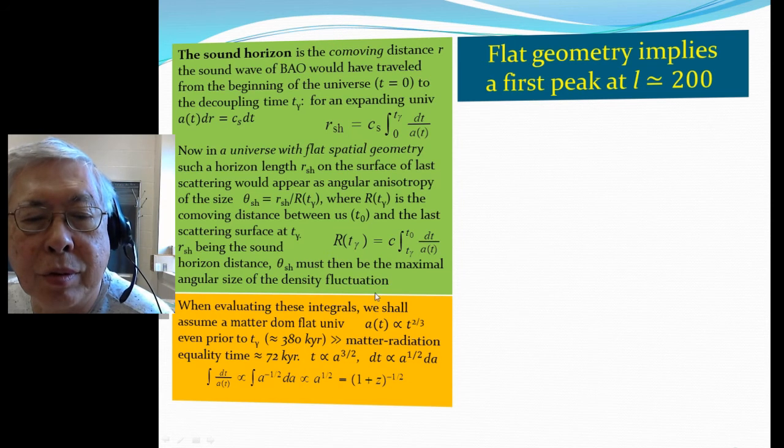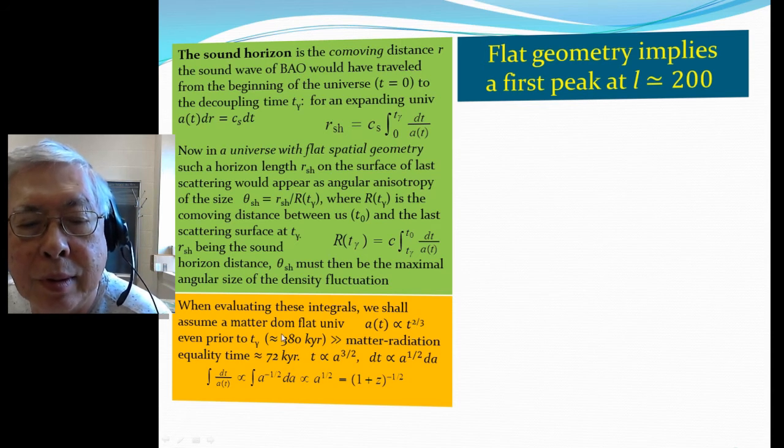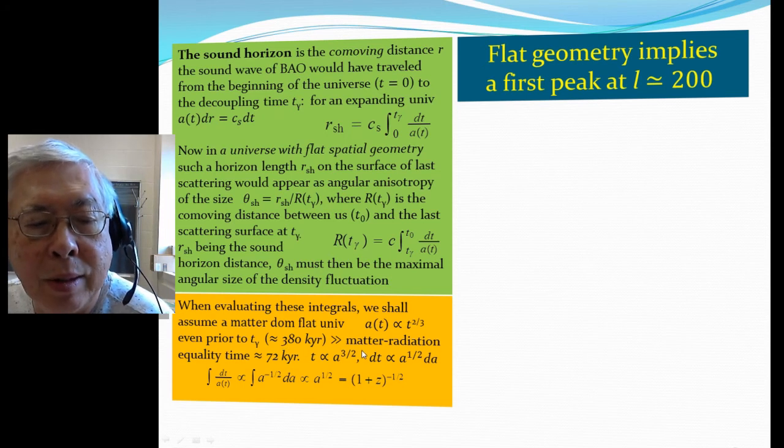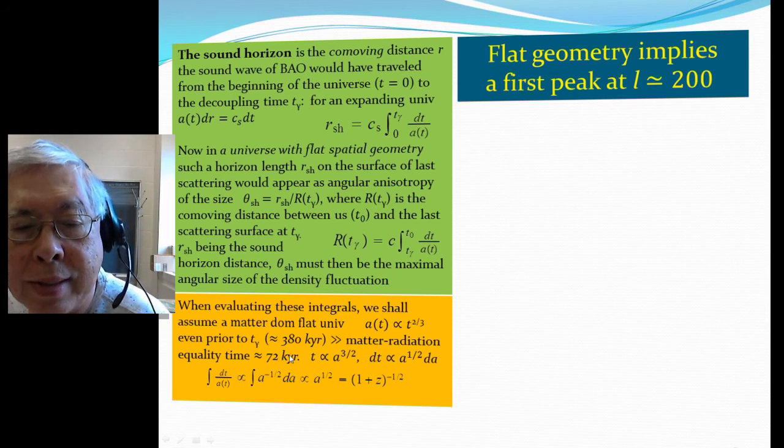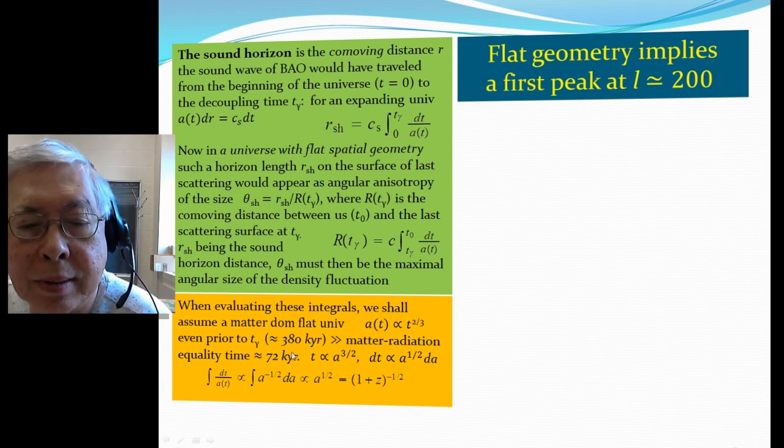To evaluate these integrals, for simplicity, assume it's a matter-dominated universe throughout the whole period of time. Therefore, the scale factor a goes like t to the 2/3 power. Even prior to photon decoupling we can do that, because radiation dominance switched to matter dominance at the matter-radiation equality time, which is about 72 kilo years after the Big Bang, compared to 380 kilo years after the Big Bang for the decoupling time. So it's not terrible